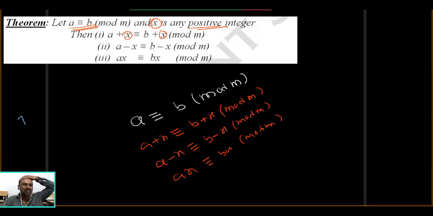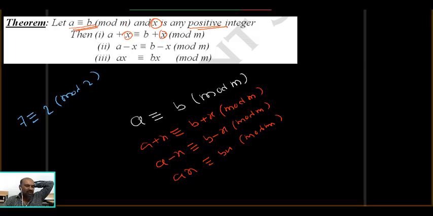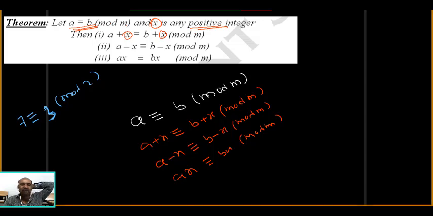Students, listen. 7 is congruent to 2 modulo 2 only? No, not correct. I will take 3. 7 is congruent to 3 modulo 2, because 2 divides 7 minus 3. Now I will add 3 and see what happens. 7 plus 3 is congruent to 3 plus 3 modulo 2. It is a correct statement, because